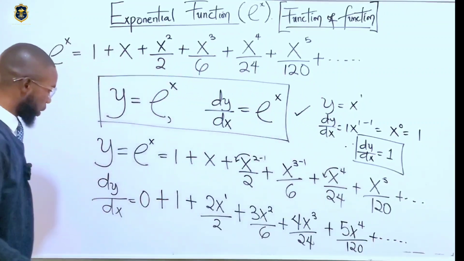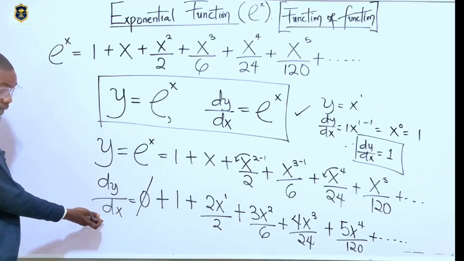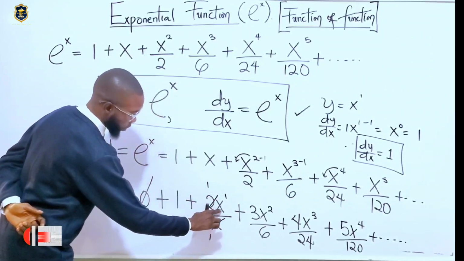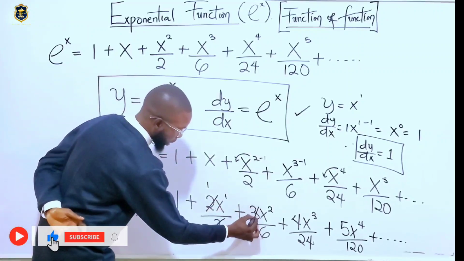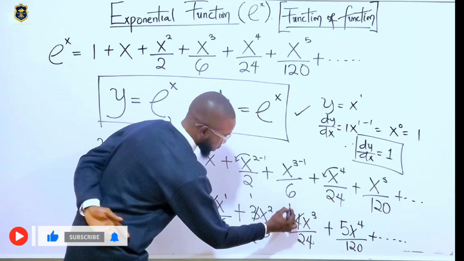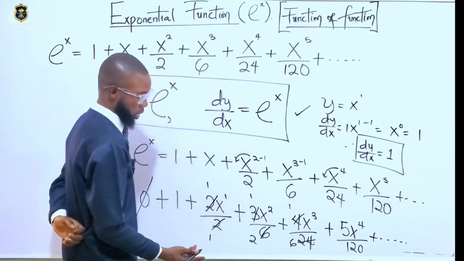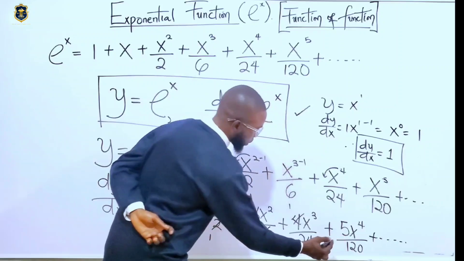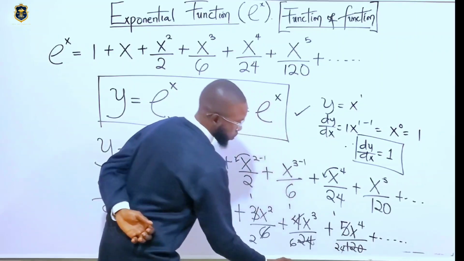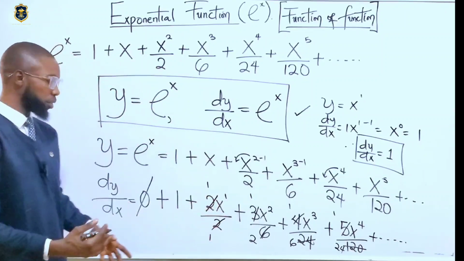Now work with me, guys. Look at it now. 0 is gone, we just have 1, right? This is the differential. 2 here is 1, 2 here is 1, we're left with this. And then 3 here is 1, 3 here is 2. 4 here is 1, and if we come here, 4 here will give us 6. If we differentiate this, 5 here is 1, 5 into 120 will give us 24, and so on and so forth. So if we try and arrange them after cancelling, you will discover that